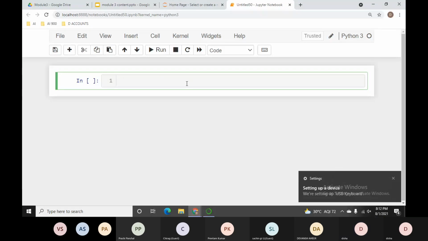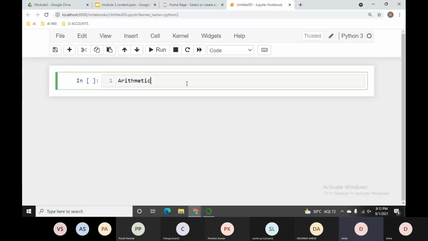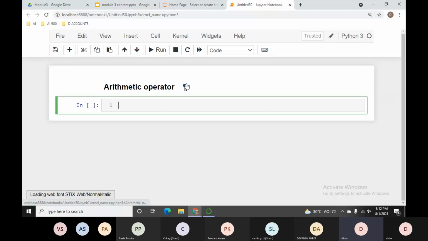Okay, so we are going to talk about arithmetic operators. Our first arithmetic operator is addition.